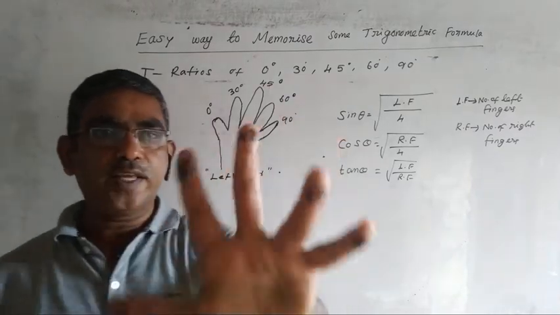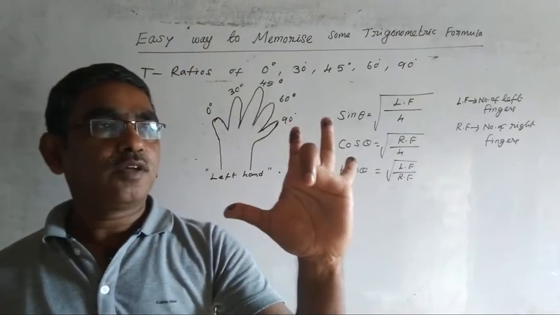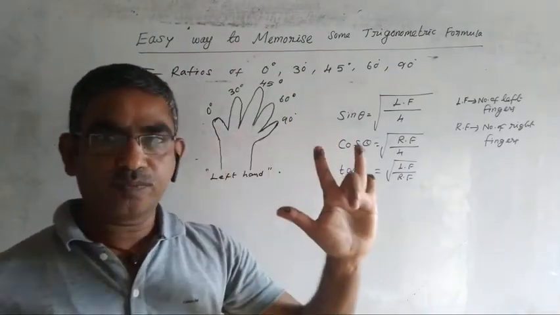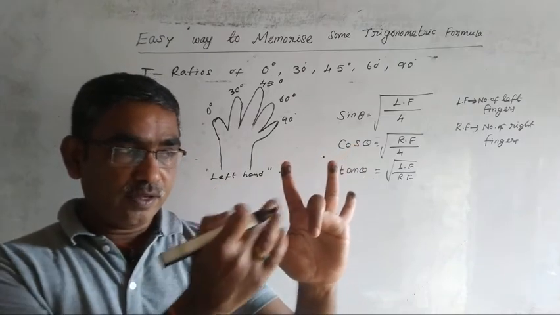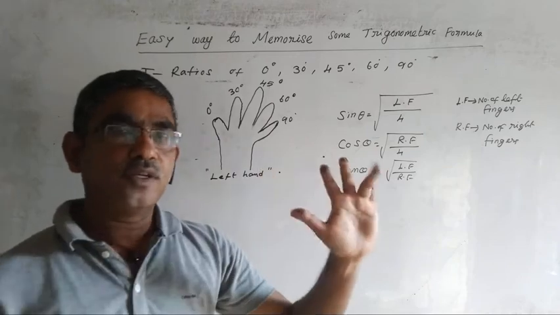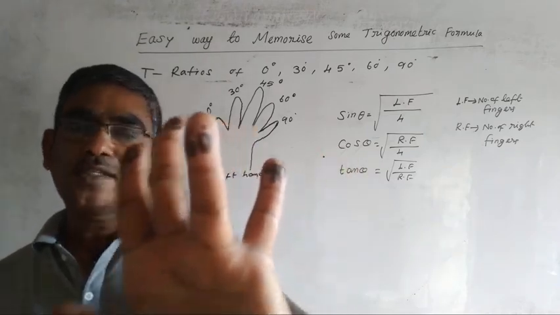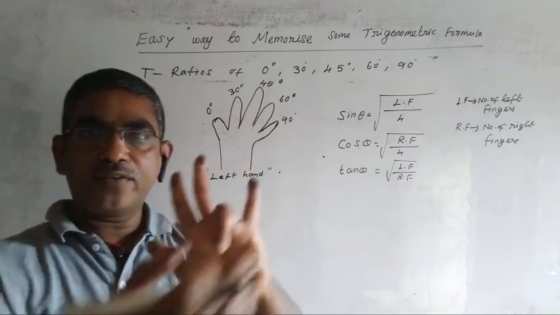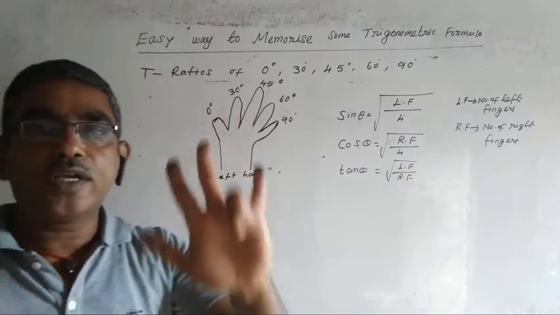If you want 45 degree, take the 45 degree finger, close it. Left fingers are 2, right fingers are 2. Number of fingers left of the 45 degree, number of fingers right of the 45 degree. When you come to 60 degree, in the same manner, you close 60 degree, and calculate how many left fingers, how many right fingers. From that we can find the results.